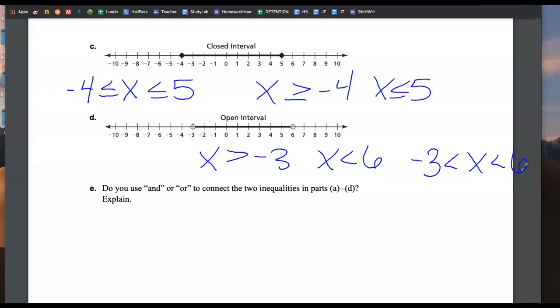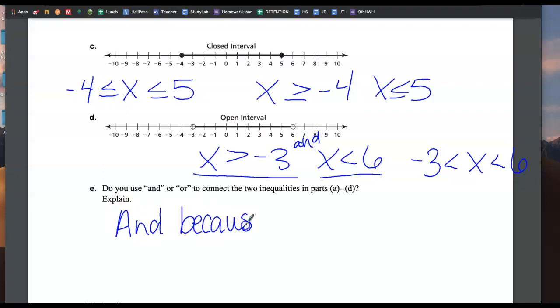Okay, and somebody already said it once. Do you use the and or or to connect the inequalities up above? So if we are writing them like this, would I say and or or in between them? And, because you can combine them and it makes sense. And, right? So we would say and because x is between both the numbers, so yes, x is between both the numbers, or it satisfies